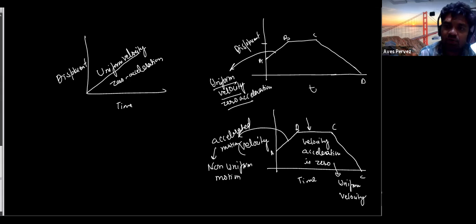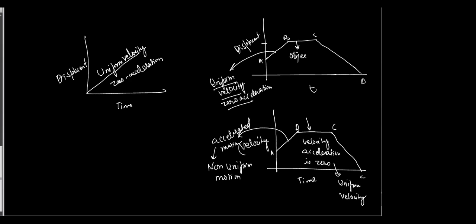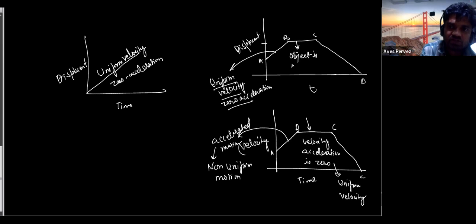Okay, now moving towards this one also. If this one is parallel, you can write here displacement is constant. So what does this mean? Constant displacement means the object is not moving. So the object is stationary. If the object is not moving, we can say that its acceleration is 0. We can say simply that it's not in motion.